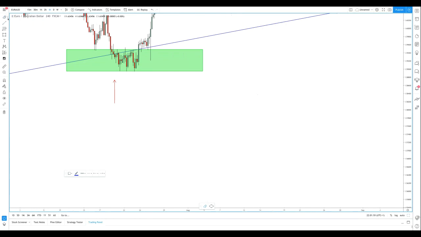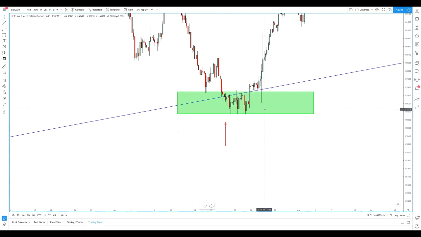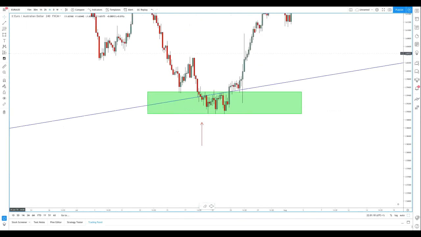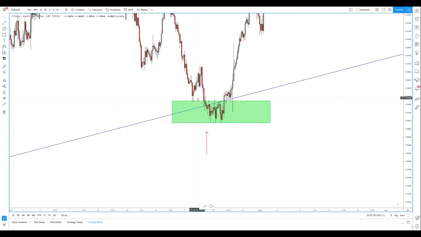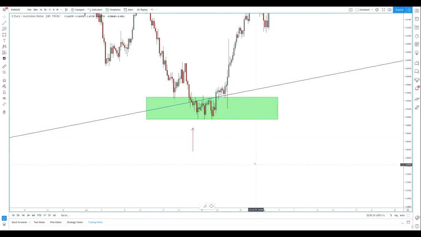Let's go to the real example here. Like here, we've consolidated in this area. As I just explained, we're watching for price to show rejections from around this area. So now we've dropped down from the daily to the 4 hours. We saw that the daily tried to break out, so we've highlighted this area, and now we're watching the 4 hour to see what price action is showing us. As long as we don't close below this 4 hour